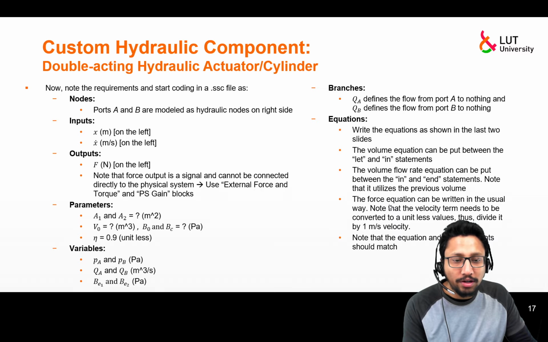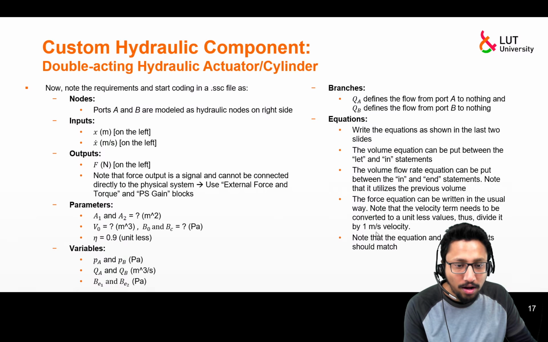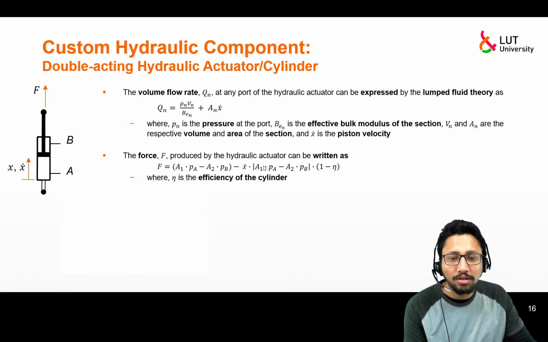And then in calculation of hydraulic force, we divide the piston velocity by 1 meter per second. If you see carefully from a unit point of view, force is in Newton, this pressure times area is also in Newton, this is Newton, this is dimensionless, whereas this x dot is meter per second. So subtracting a Newton with Newton meter per second does not make sense, right? That's why we divide it by 1 meter per second, and then dimension-wise it becomes consistent.